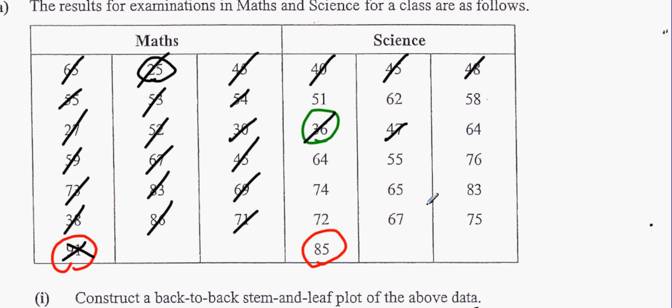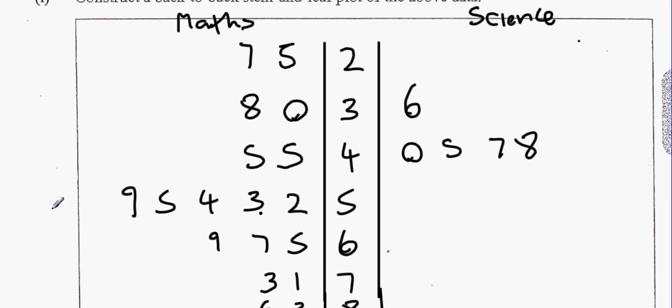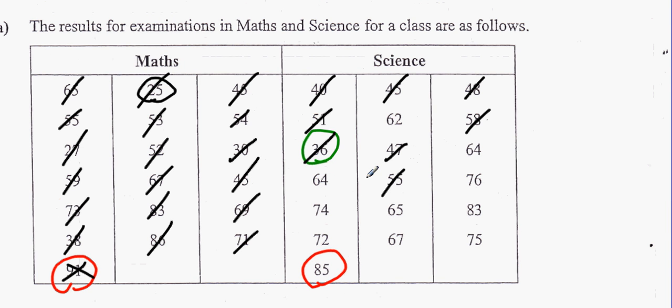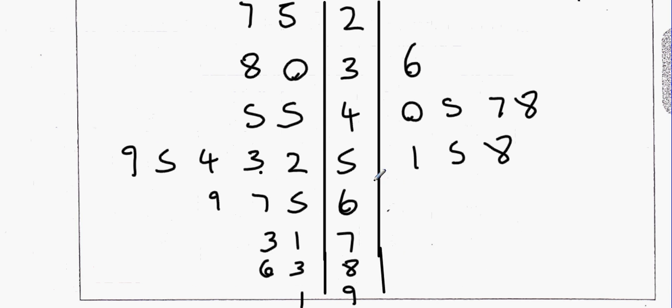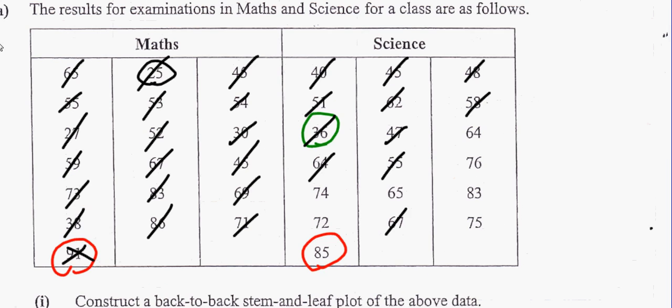Now we're on to the 50s: 51, 55, 58, so 1, 5 and 8. Now we're on to the 60s: 62, 64 and 67, so 2, 4 and 7. Now we're on to the 70s: 72,